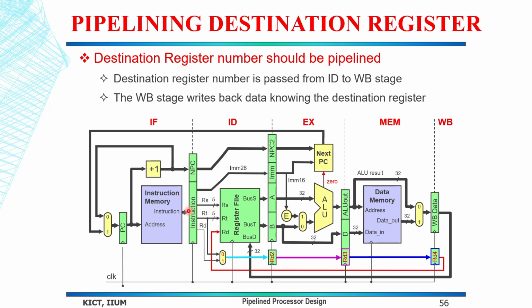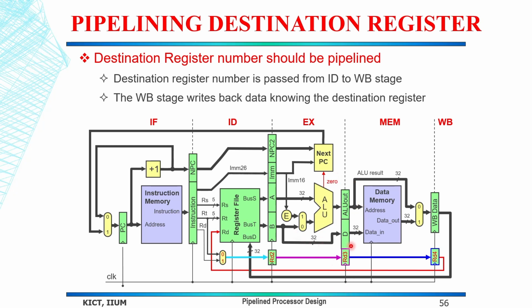At this stage it decodes the instruction, and whatever it gets, like the data from bus S, the data from bus T, the immediate constant, and the next program counter, these are passed from this stage to the execute stage. Then at execute, it utilizes this information,